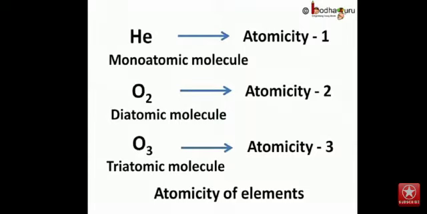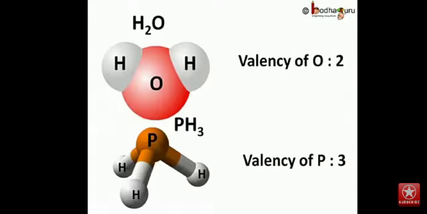So what determines the atomicity of a molecule? The atomicity of a molecule depends on a certain property of the elements it is made of. Every element has a definite combining capacity, which is called its valency. To understand valency, we need to go inside an atom. We will do that later. For now, remember, if an atom of an element can combine with X hydrogen atoms, then that element's valency is X. So the valency of hydrogen is 1.